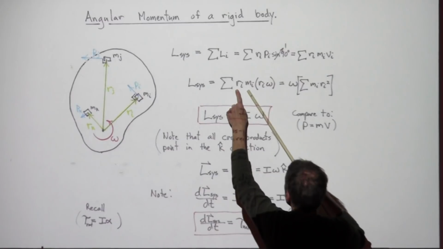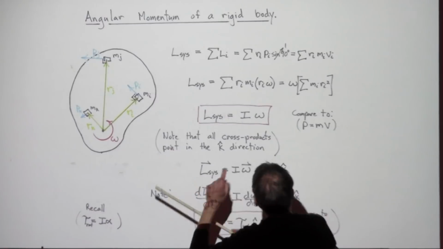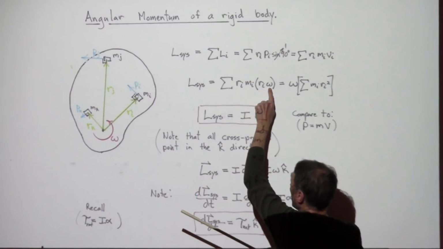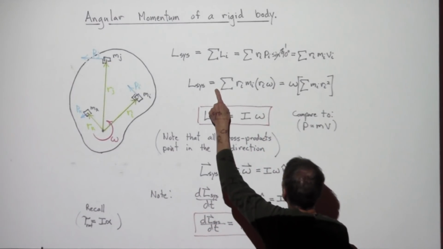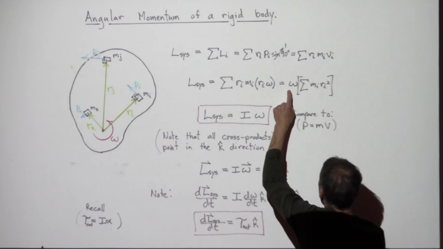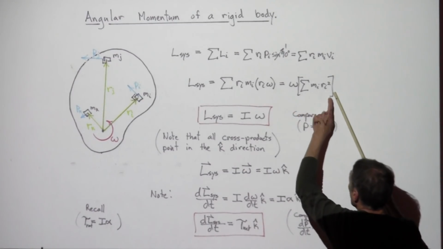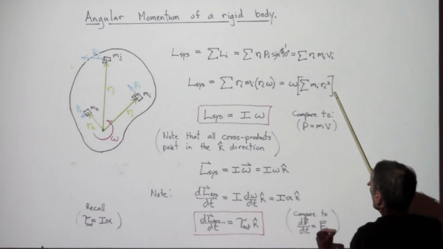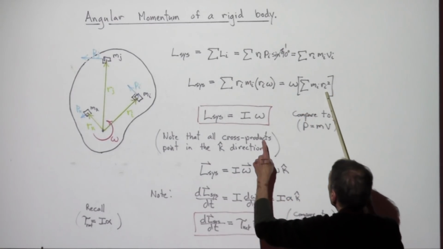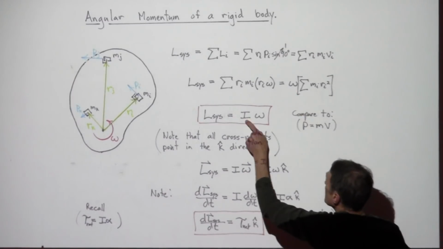Then from these terms, these are r sub i, m sub i of all these pieces are different, but omega, the angular velocity, should all be the same. So I can factor that out, take it out. And then we're left with this term again, m sub i times r sub i squared. We add that up. That, as we did before, was the moment of inertia. That's I. So I times omega